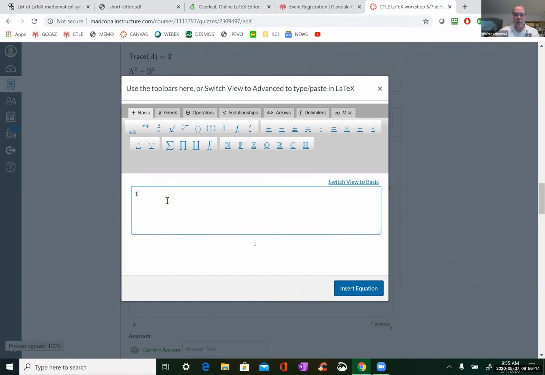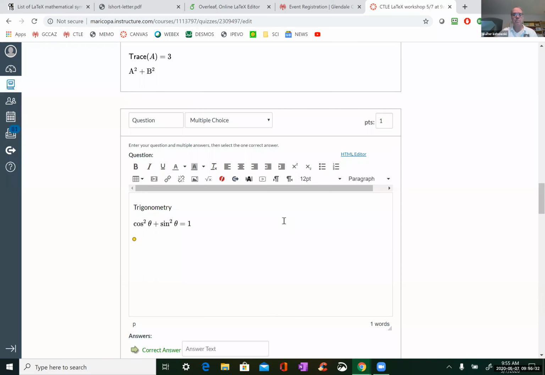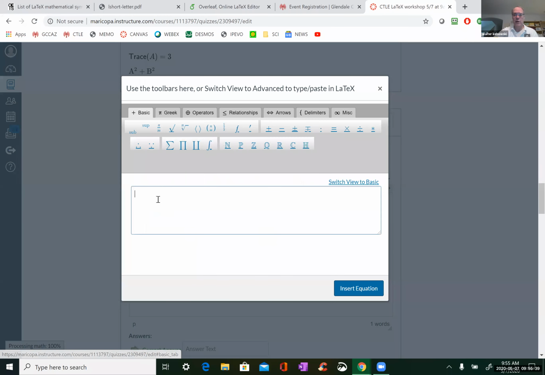Of course, 1 plus... okay. Then you can do your inverse. Now to do your inverse, you just do a superscript with -1.